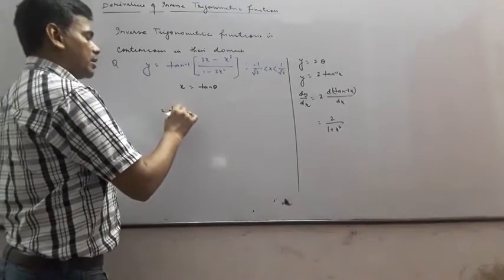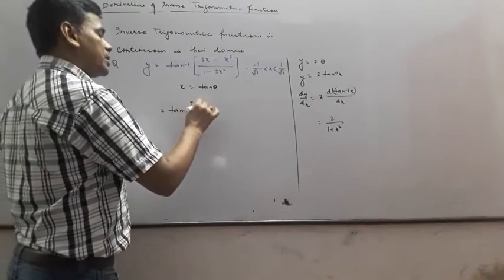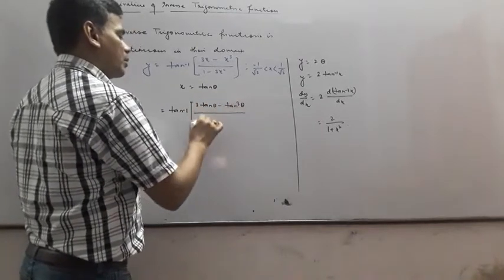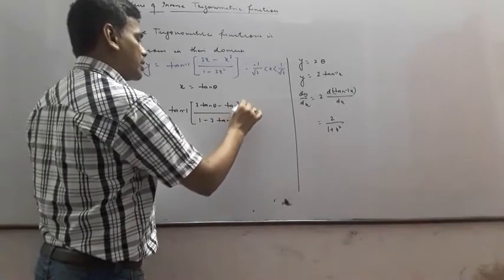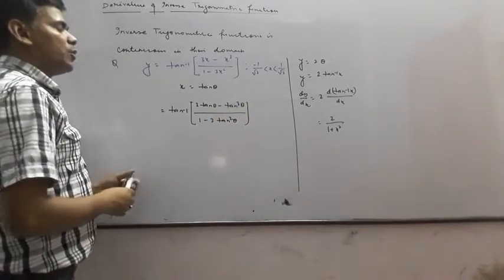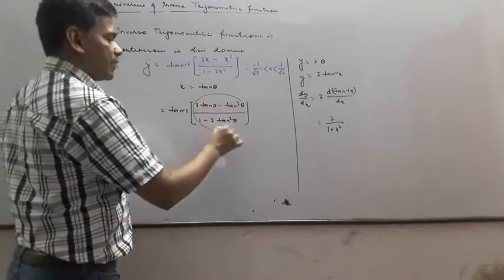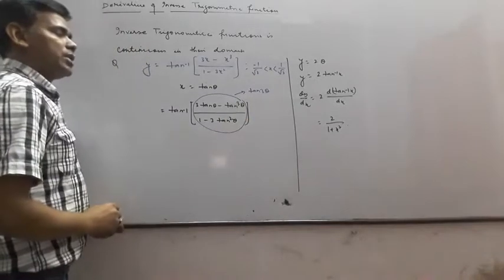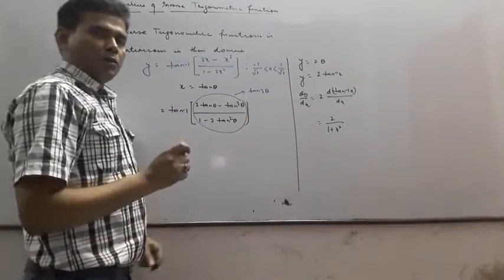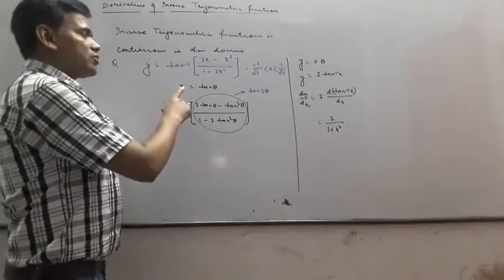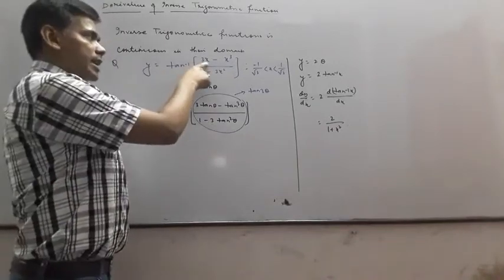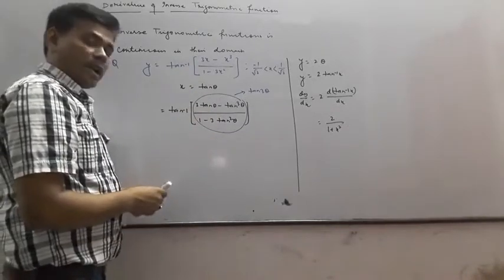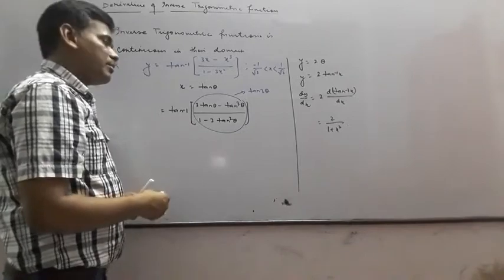So that means tan inverse of (3 tan theta minus tan cube theta) over (1 minus 3 tan square theta). Children, just think which formula you will use instead of this. It is nothing but tan 3 theta. That's why I said you have to remember which trigonometric ratio to suppose for this x, which will give it in trigonometric form. Because after this you can immediately write the formulas for that.